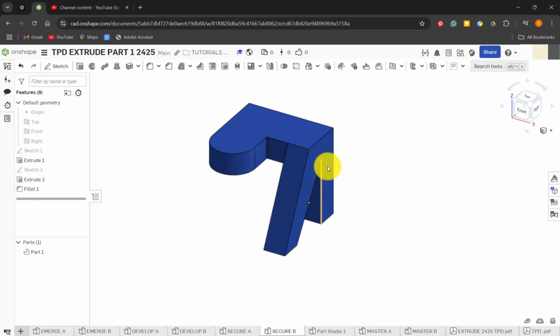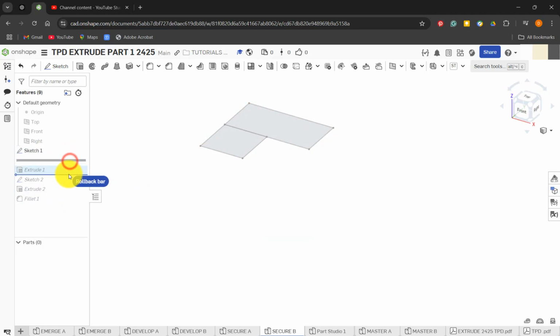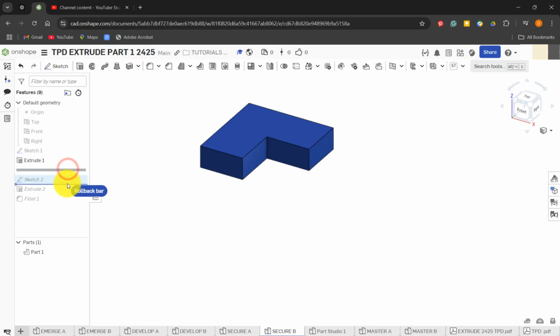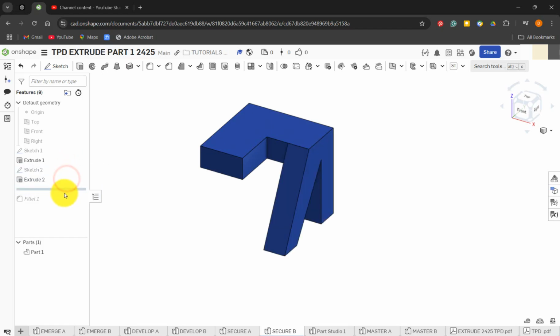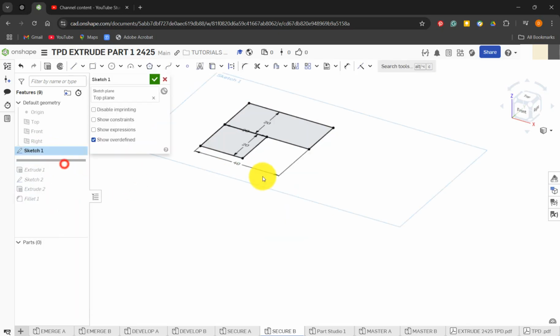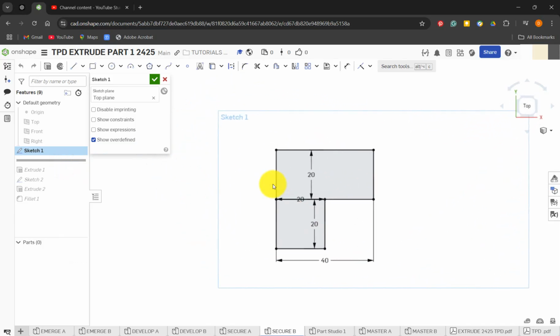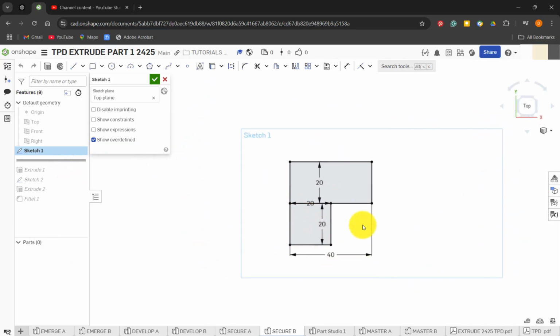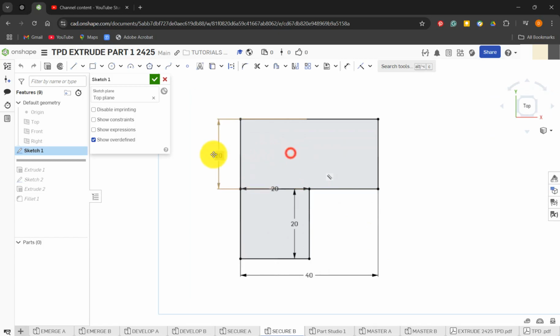You could create the side first and then extrude the top down, or, which I think I did, if we have a look, I created a sketch on the top, extruded that down, and then a sketch on the side, and so on, as you can see. So there's lots of different ways to do that. So if we go in the same order as I did, we go to edit and we have a look here. So we have got, if we tidy this up,